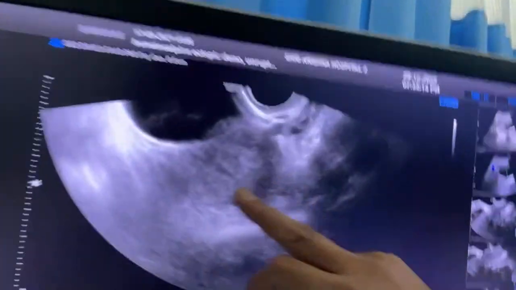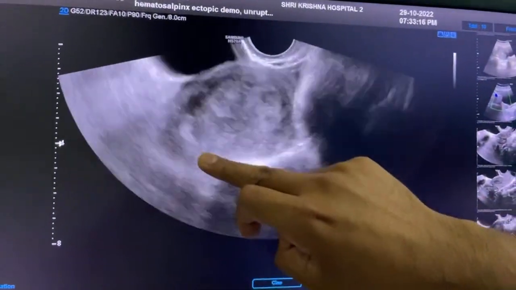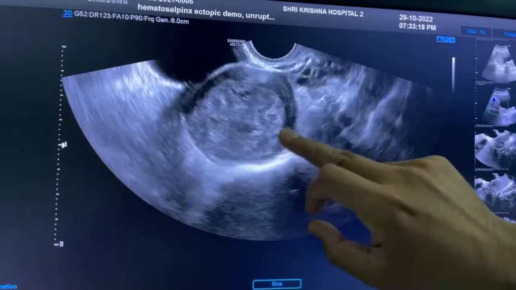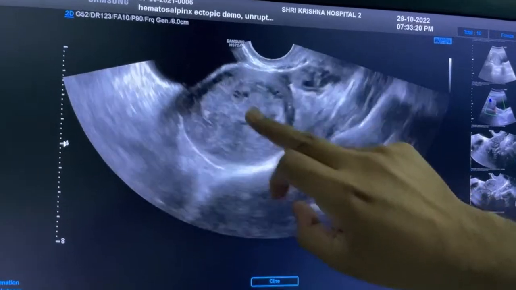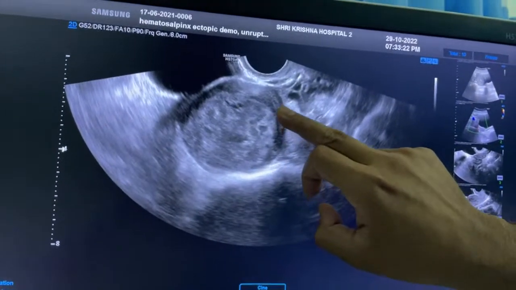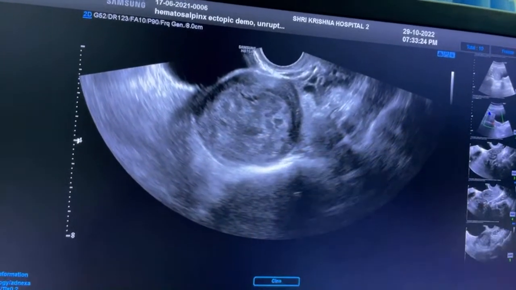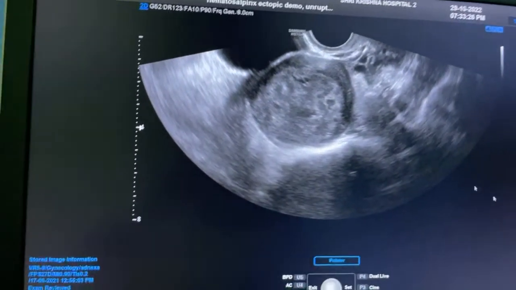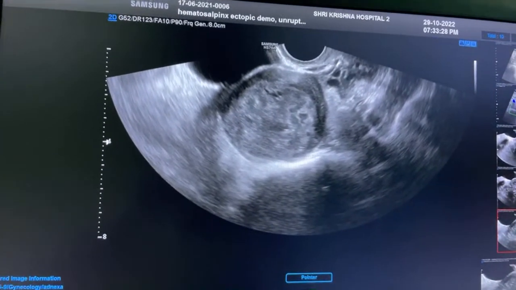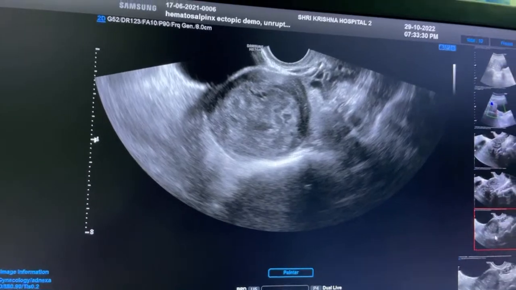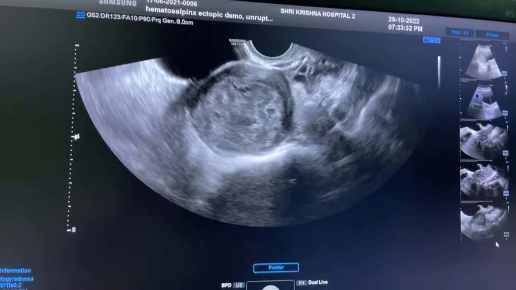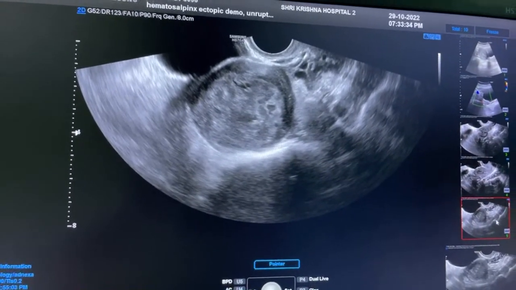It is a large blood collection in this tube, with a hypoechoic rim all around this echogenic content. You may call it hematosalpinx, but it is basically a tubal mass.